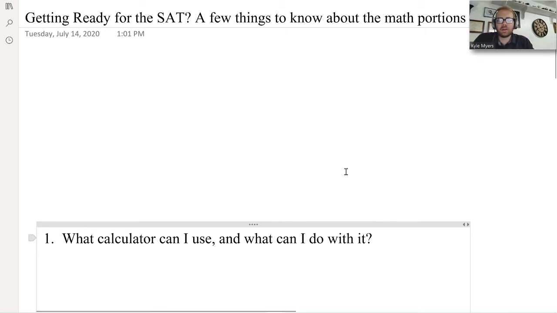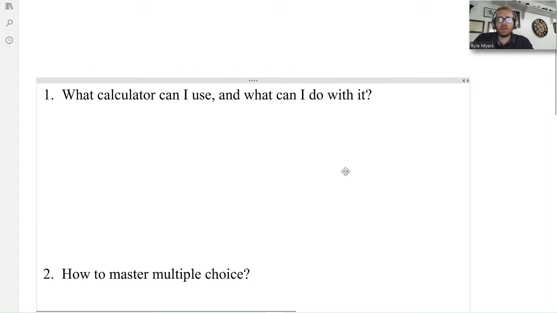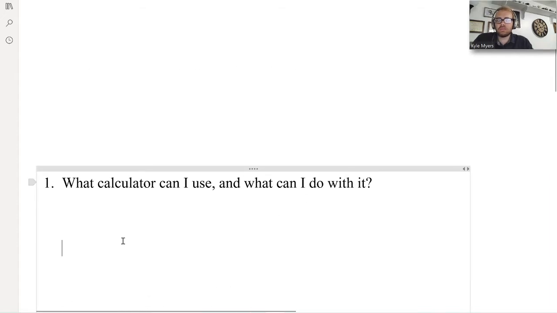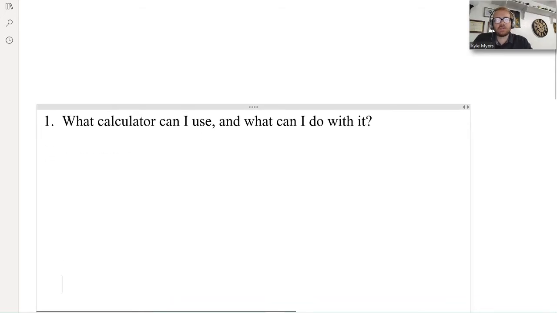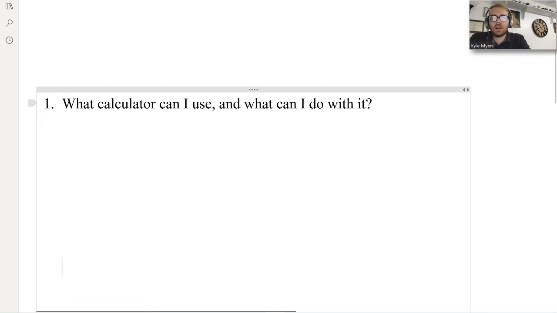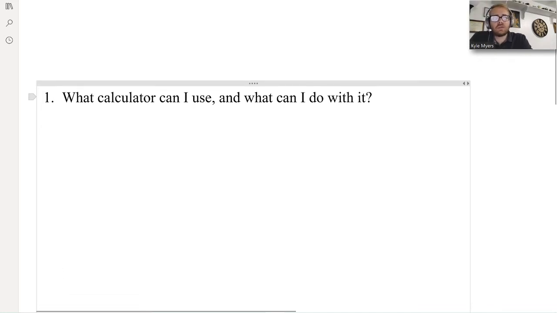You can probably see this first one on here, but I'll scroll down to it. What calculator can I use? I'll give it some more space here, a little bit more writing space. What calculator can I use and what can I do with it? So question number 1. Basically, the only restriction for calculators is if it does anything that's like a